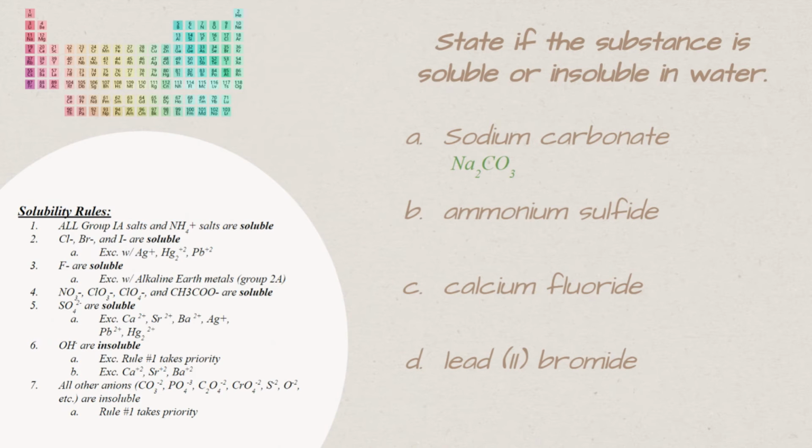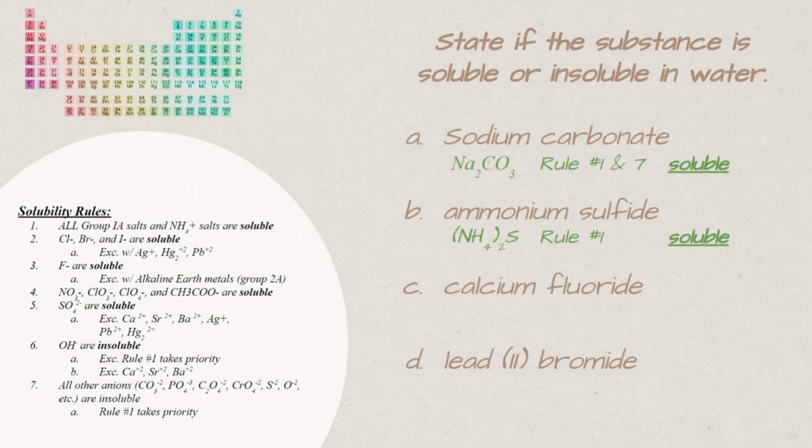Because sodium is a group 1 metal, we can look at rule number 1, and because carbonate is an anion that wasn't listed, we can look at rule number 7. Rule number 7 says that carbonate will be insoluble, but remember that rule number 1 takes priority. So this means that this substance is soluble. For ammonium sulfide, ammonium has a 1+ charge, and sulfide, looking at the periodic table, has a charge of 2-. So that means that there will be 2 ammonium ions and only 1 sulfide. Because of the ammonium, we can look at rule number 1,